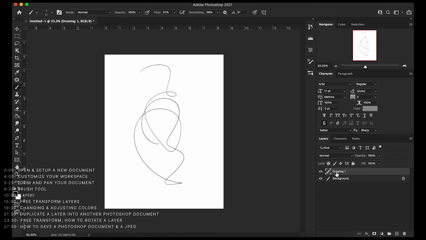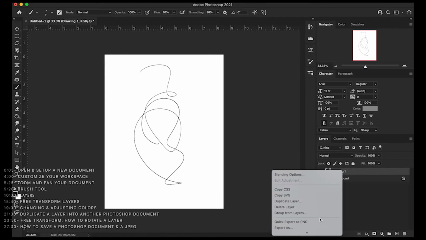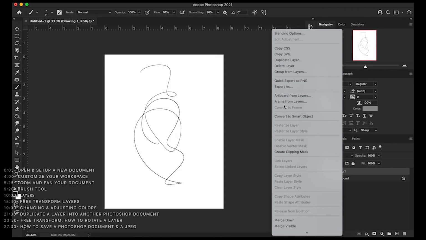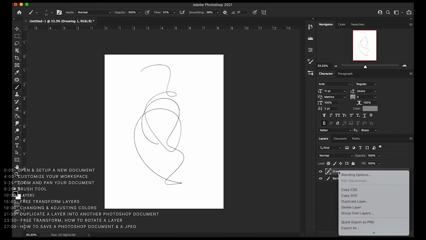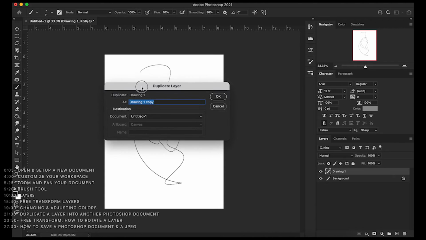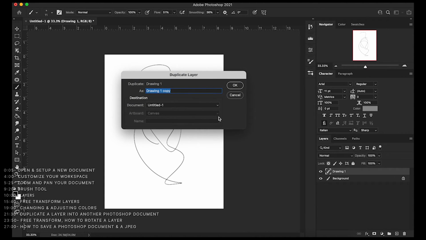And let's say that instead of creating a new blank layer, I want to duplicate this layer. So I want this drawing, I want 2 of them. What you do here is hover your mouse on top of this layer right here, and you can right click and you'll get this option right here. So again, I just hover my mouse on top of the layer, not pressing anything, right click, and then right here you'll see you have this duplicate layer option. So I can press duplicate layer, and then this will show up, and